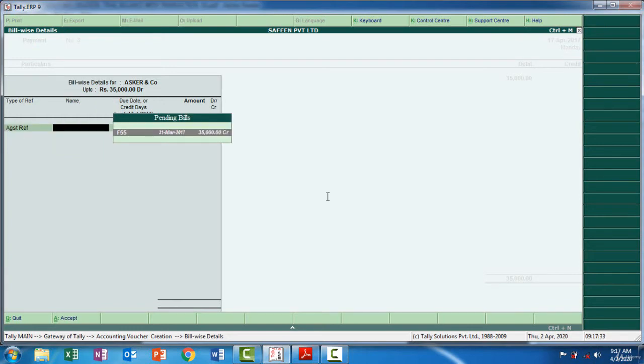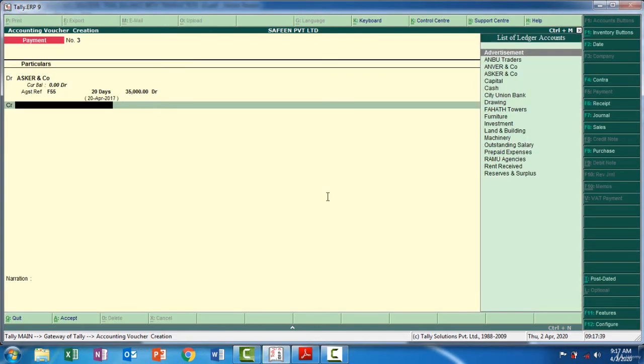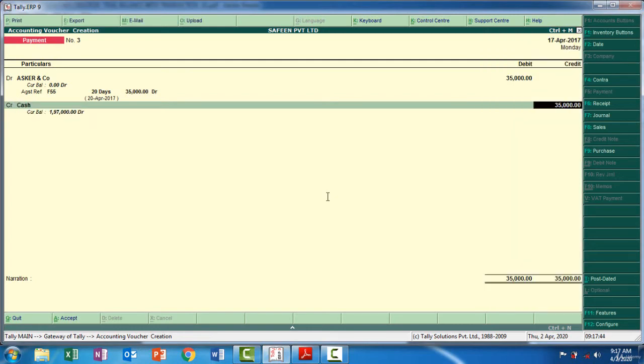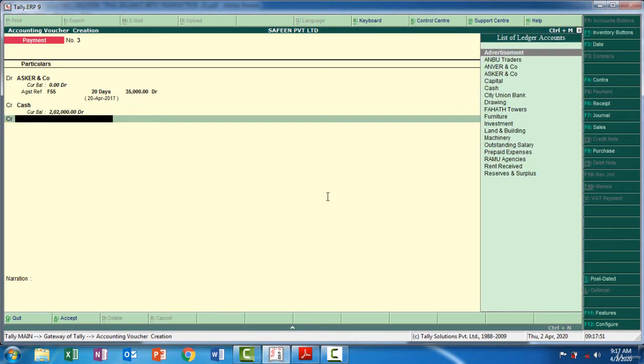Yes, F55 35,000. And the credit is, what is the credit? Cash account credit. How much? 30,000. And discount received account credit 5,000, because 30,000 we paid by cash and 5,000 we received